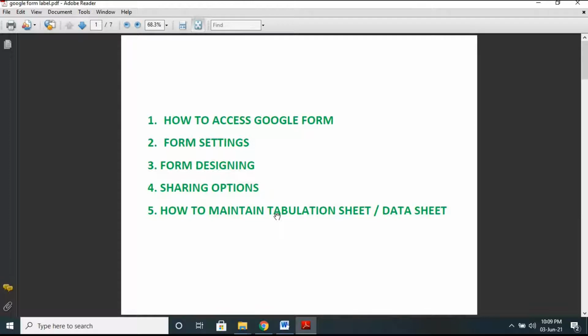So this is one of the biggest advantages of using a Google Form, and the attendance is also maintained automatically. So first I'll take you to that